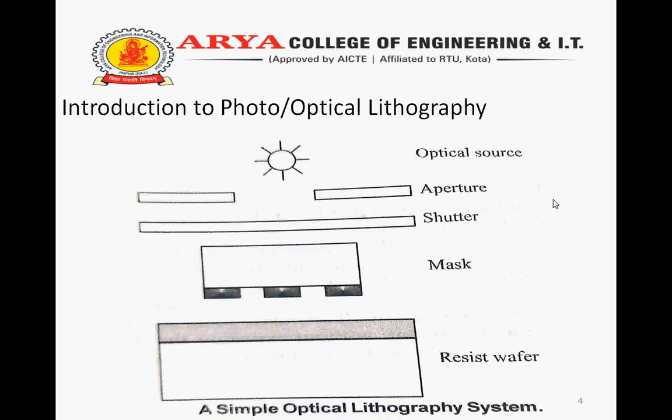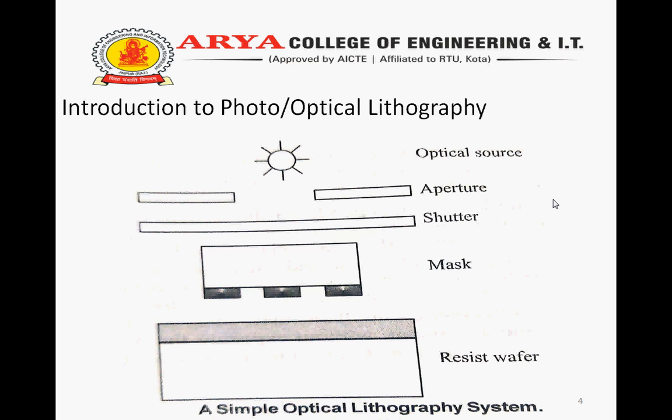Introduction to photo or optical lithography. Photolithography is a process of transferring the mask pattern onto the silicon buffer in a 1:1. Photolithography is carried out manually for each individual buffer, and it is not a lot process. In addition, the mask alignment step requires a skilled operator, and to date cannot be automated.